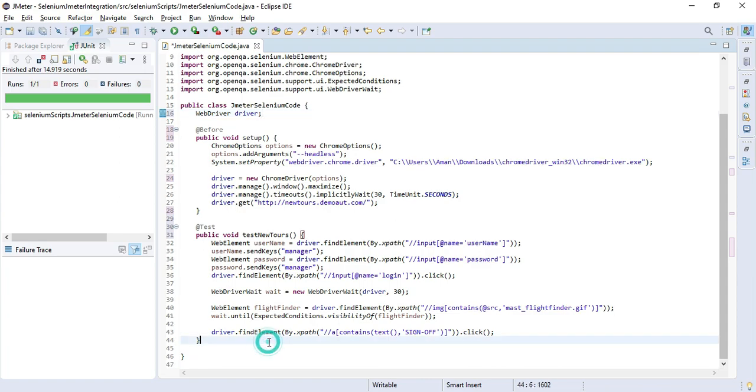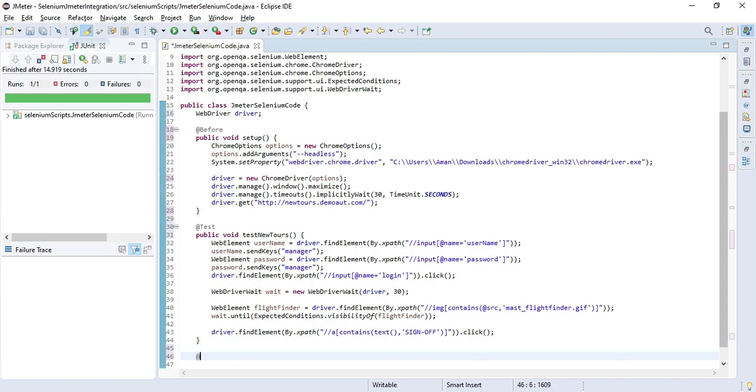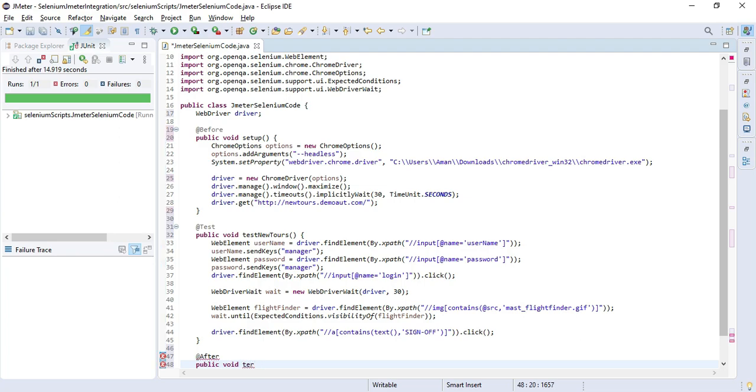So let's create another method and we will call it tear down, at the rate Before, sorry, at the rate After, public void tear down.